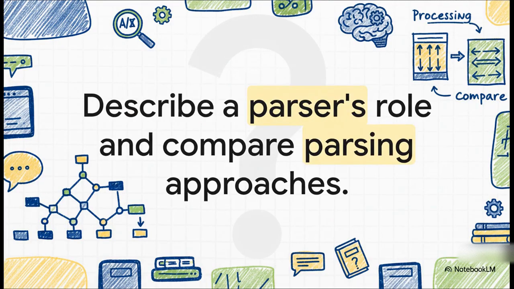You could definitely see a question asking you to compare different parsing strategies. So first, you'd say a parser's job is to figure out the grammatical structure of a sentence. Then you'd explain the 2 main ways it can do that. Top-down parsing starts with the big picture. It assumes it's looking for a sentence and tries to break it down to see if it matches the words. Bottom-up parsing does the opposite. It starts with the individual words on the ground and tries to build them up into bigger and bigger chunks until hopefully it ends up with a valid sentence.